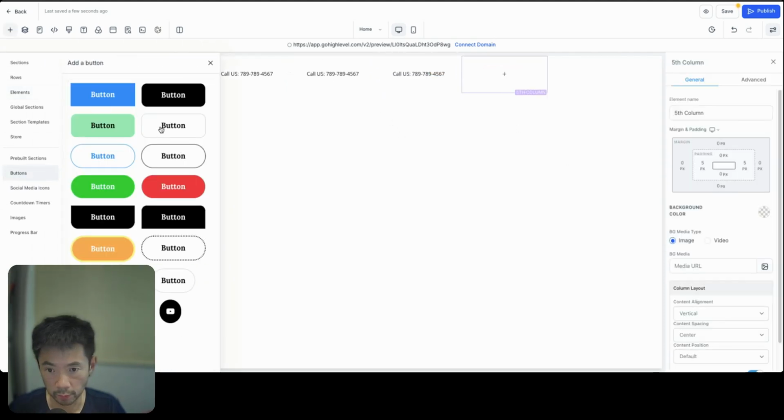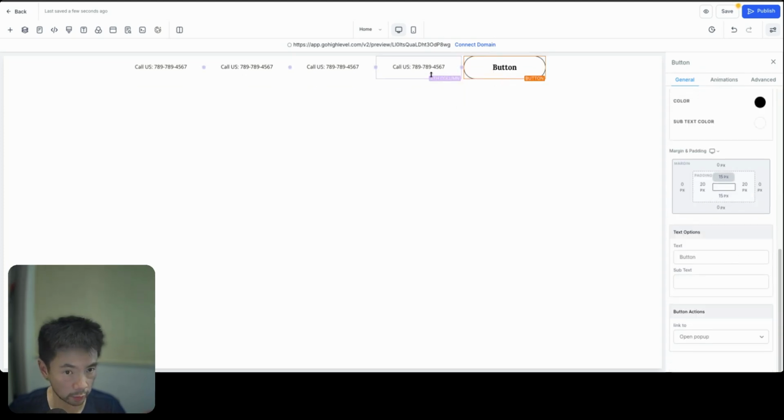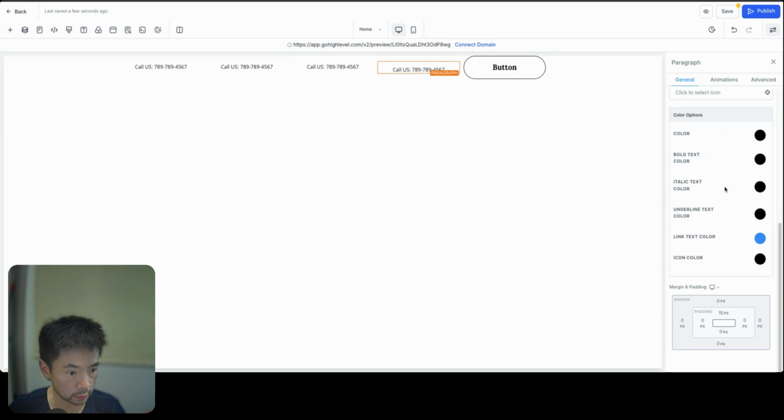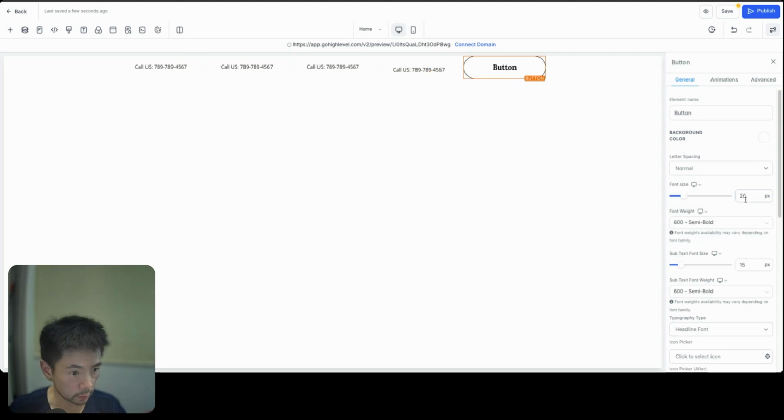This one we want to put a button here. So let's try this button. And we want it to be thin as well. So this one is, let's check the font size. The font size is 14, so let's make it 14 as well. Okay, so when we're building this